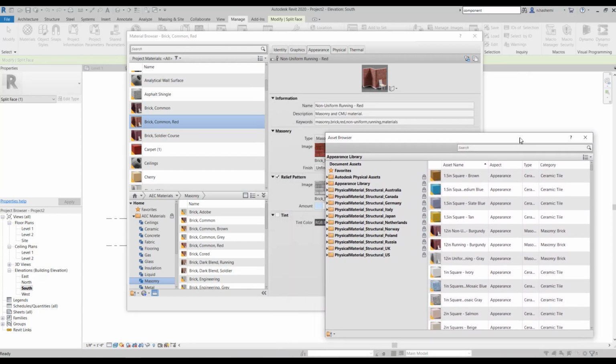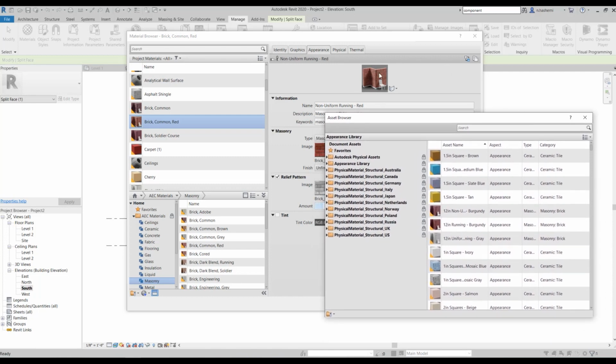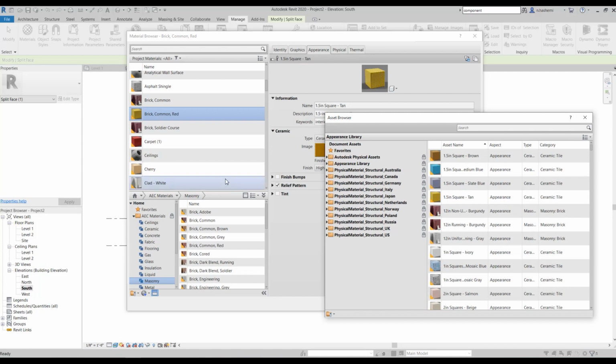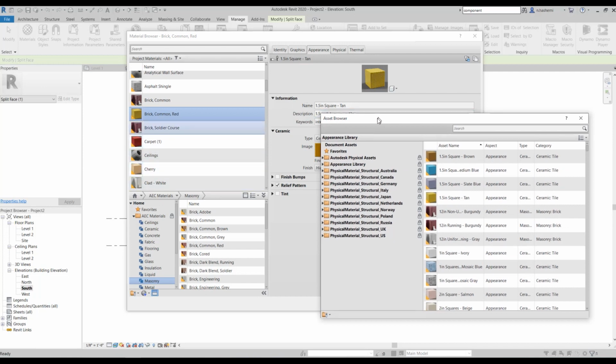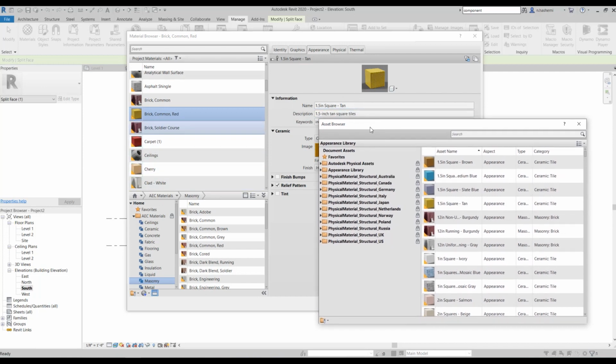Right now this is our appearance asset, and if we want to replace it, you can just hit this and you can see that it has been replaced. Just make sure not to save over your defaults in the project. Not the same way that I did it. Do not do that. Do not save over your defaults, never.